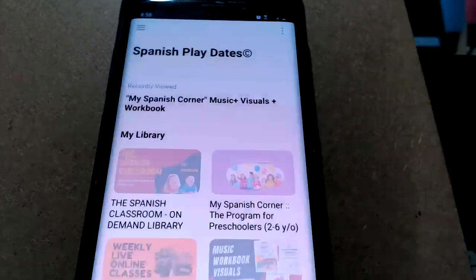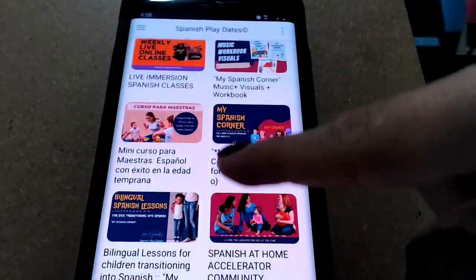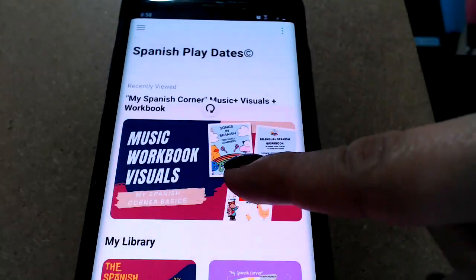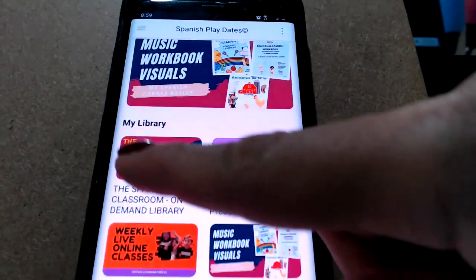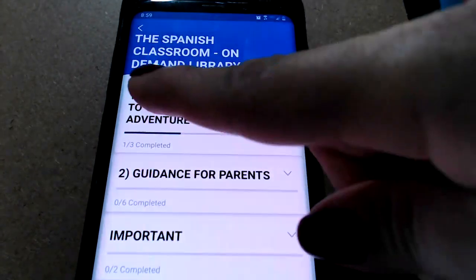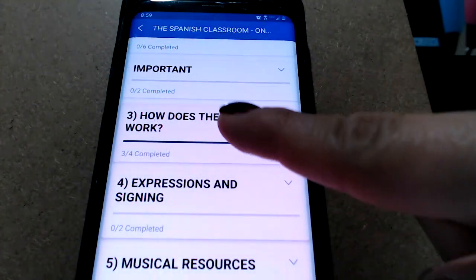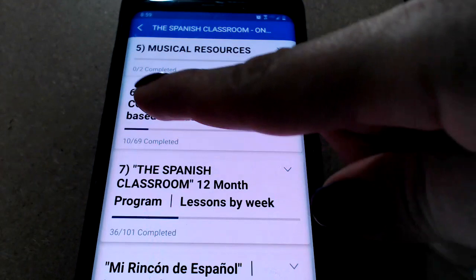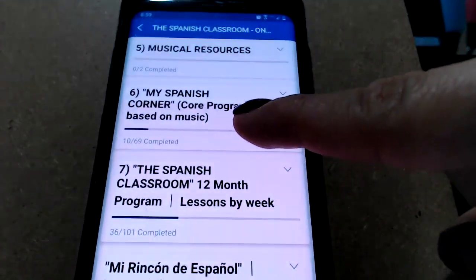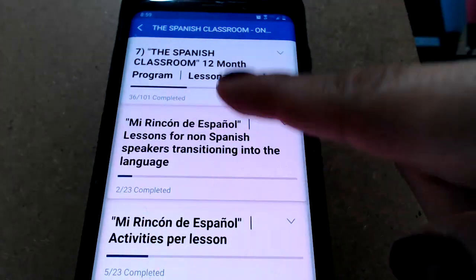And then you will type exactly the same email and the same password. And then you will have access to all our information. You will have the workbooks, the Spanish classroom, which is on demand. It's already completely pre-recorded. And this is how you will see inside each category: the welcome aboard, the guidance for parents, how does the program work. This is the Spanish corner, the program which is inside of the classroom. This is mi rincón de español